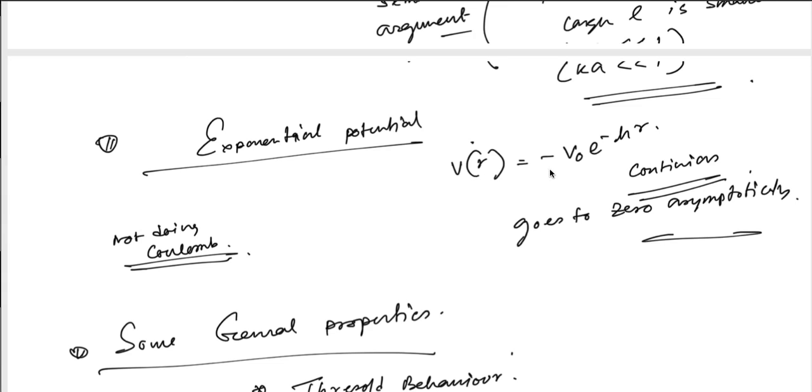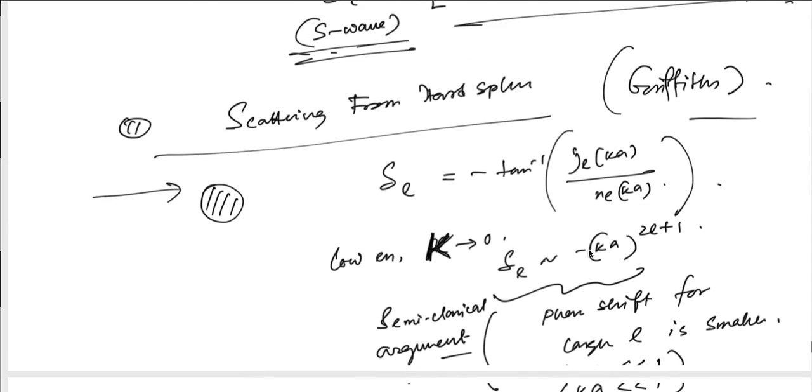So the potential is V(r) equal to minus V0 e to the power minus r, which means the wall is not hard, it is a soft wall, a decaying wall, not a rigid wall. So this also is short range, but not as short range as the previous problem. It goes to 0 asymptotically. So I recommend you do this exercise and work out this delta_L for that.